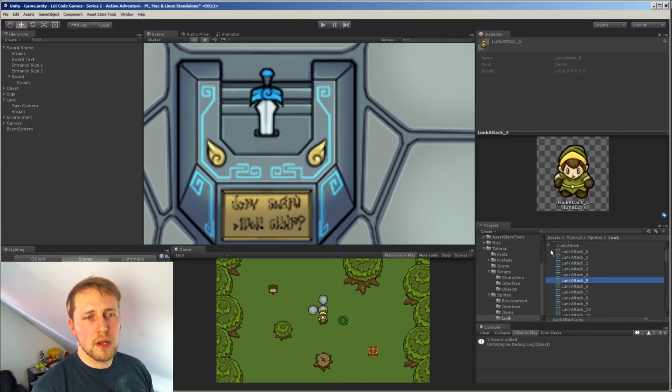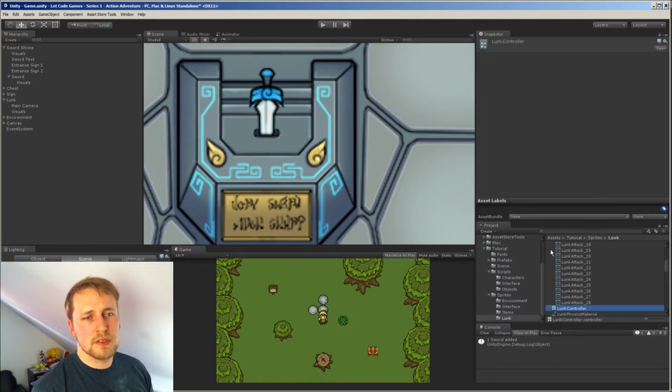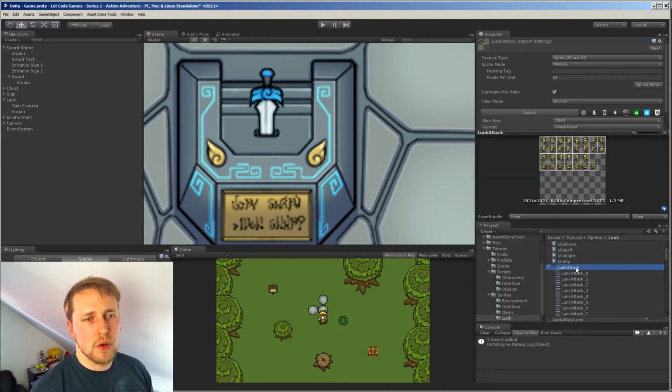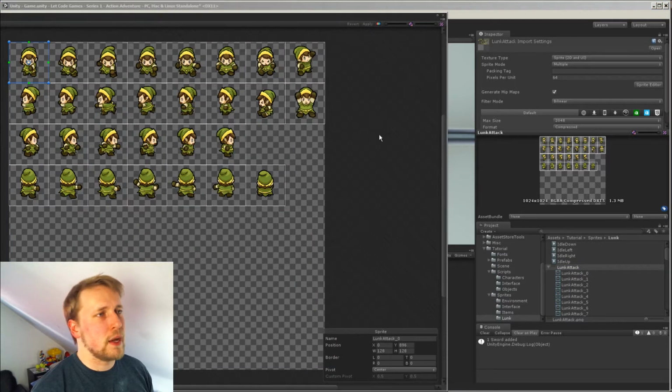So they're all called lung attack now, which is not right, because we have different animations as well. We have an animation where we get hit, and we have the pickup animations. So in order to fix that, we go back to the sprite editor, and you can click on the animation